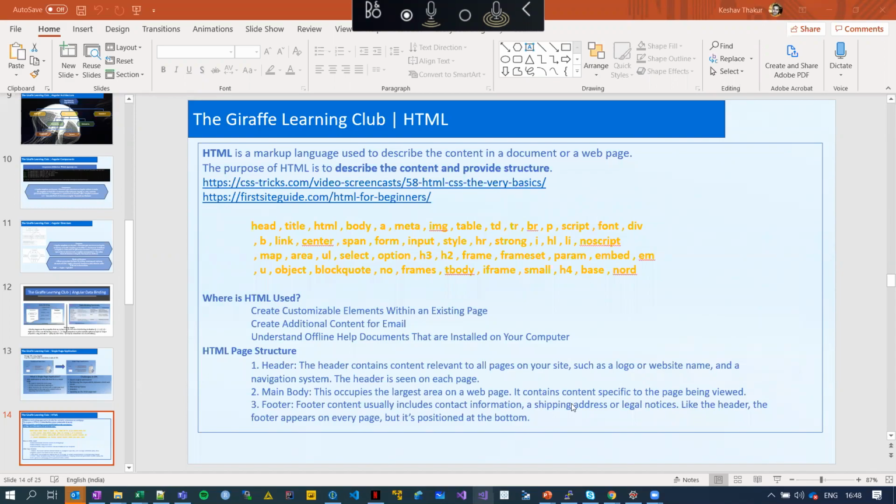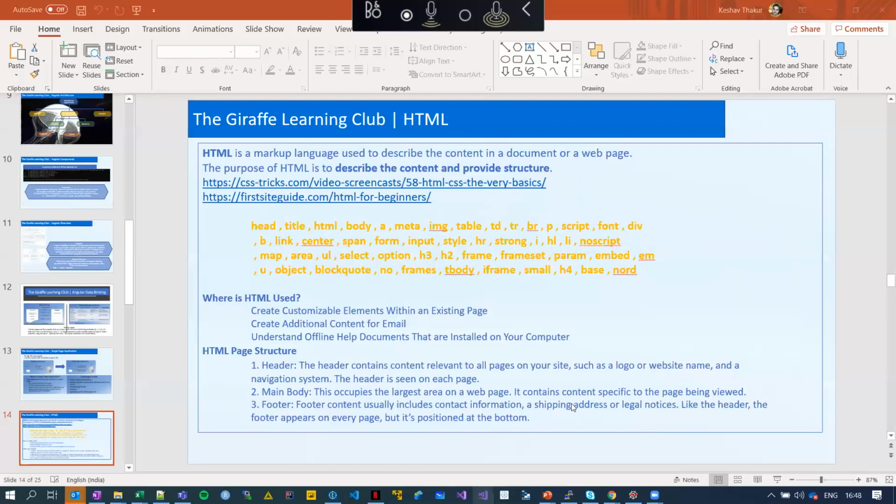So based on your request, I have arranged for this HTML class. Now, HTML, CSS, and JavaScript, it's the very core of front end programming or front end development. Now, why is it the core? To start, before we delve into the technical things or go deeper, to give you a common analogy, let's say you are building a house,